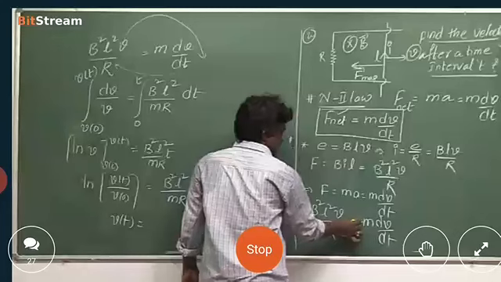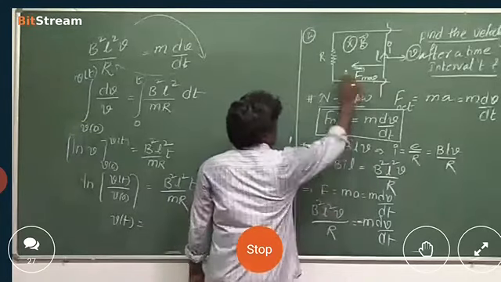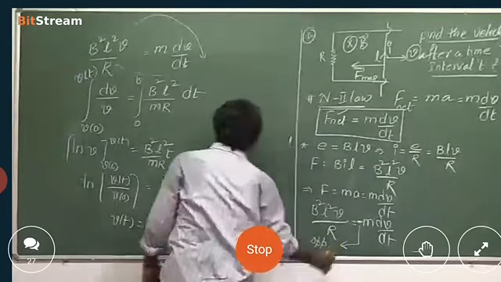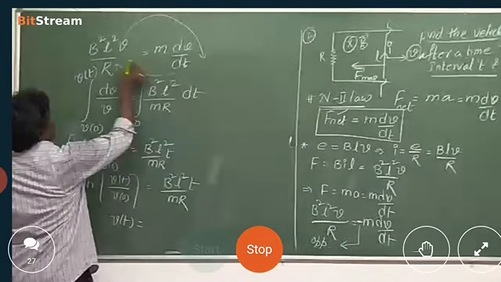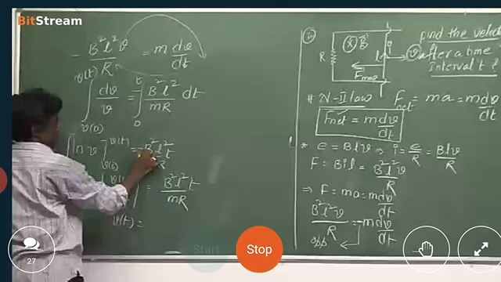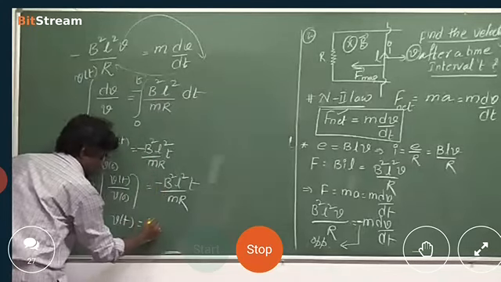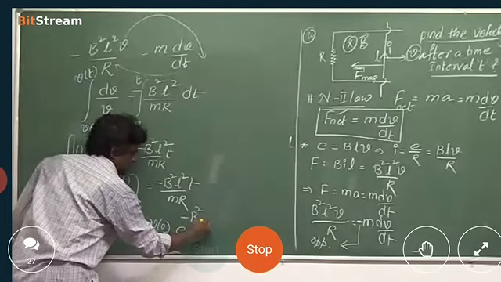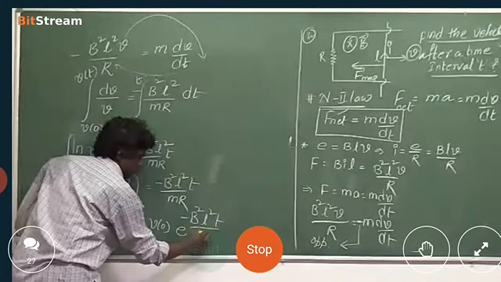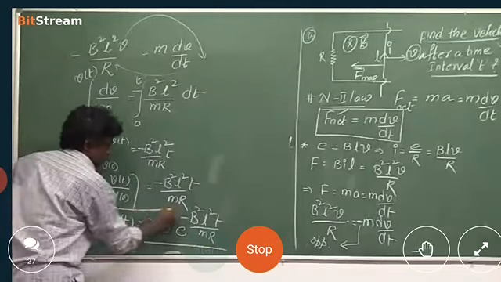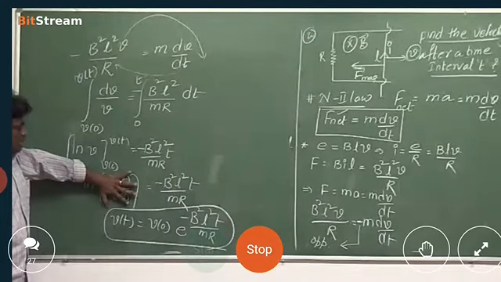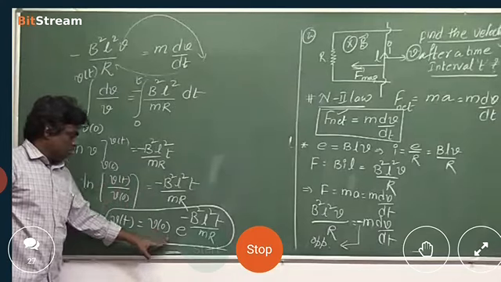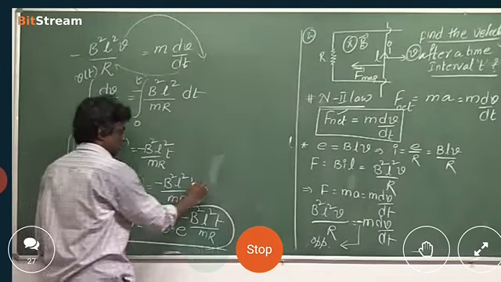Here, not here, here. Please take a minus sign here because both are opposite. Check there. Just put a minus sign. v of 0, I think you know what this is? e raised to minus B squared L squared t by mR. Because this value is equal to e raised to this, and v of t is equal to v of 0 e raised to. If anybody doesn't know,